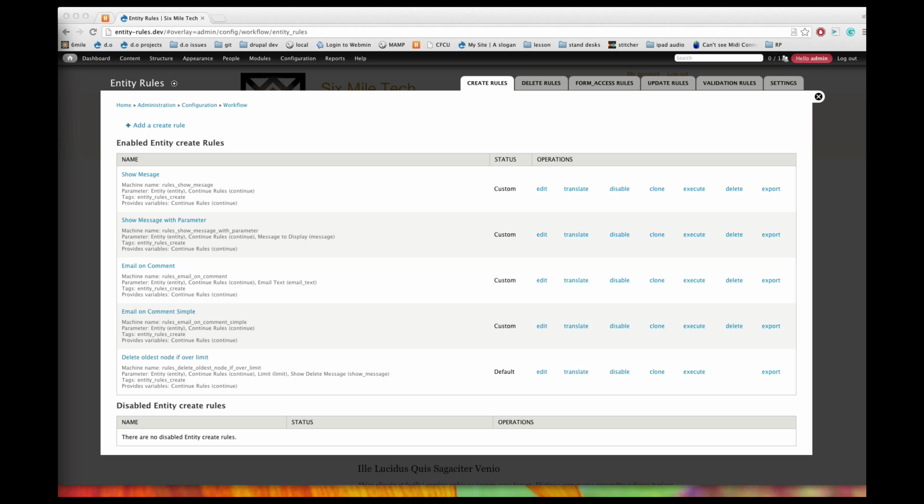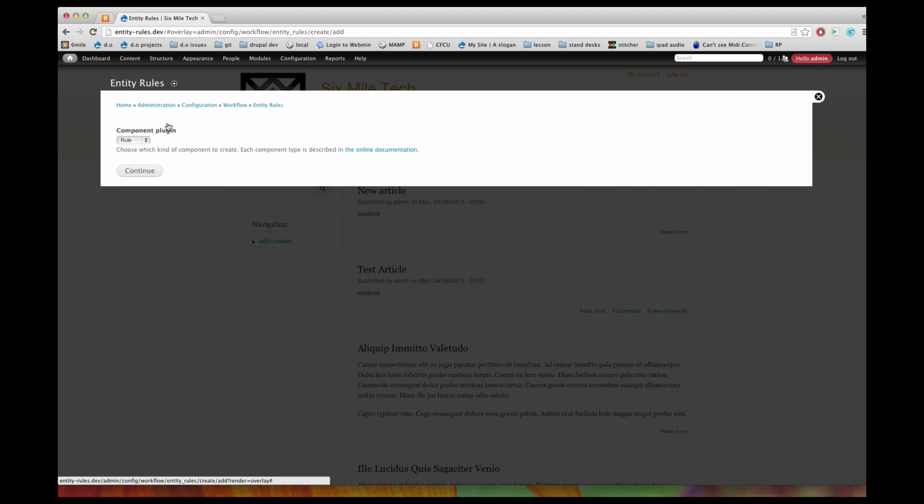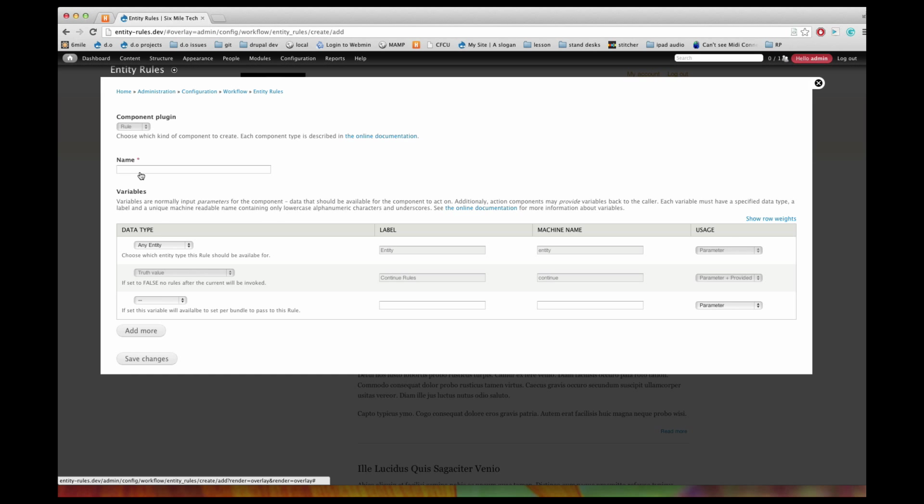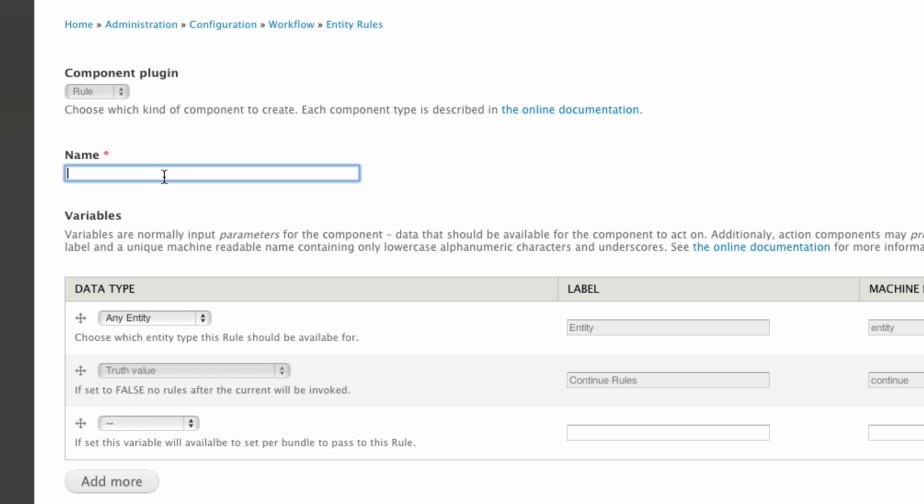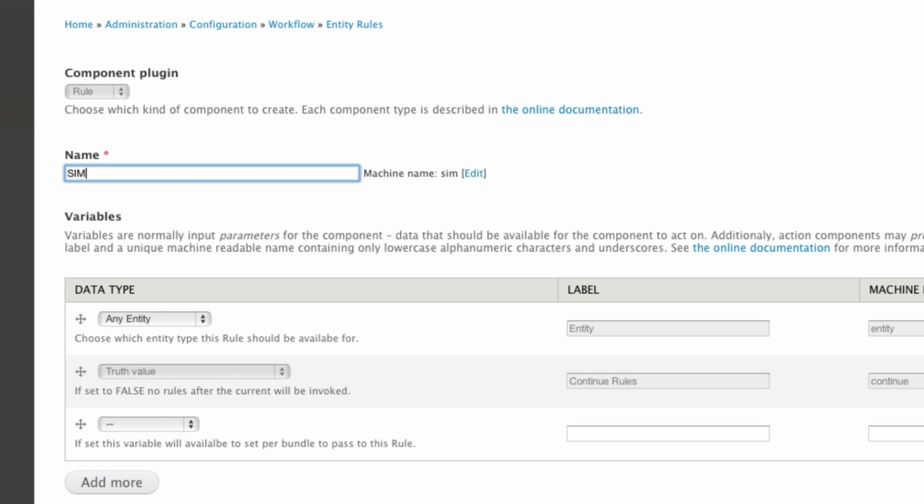So I already have some example rules here that'll be available as a feature download on 6miletech.com, but let's look at what it looks like to create a rule. So we just hit add create rule, and this is a rule that'll be used on creation of an entity like a node or a comment. So we'll just pick rule and we'll give it a name, simple